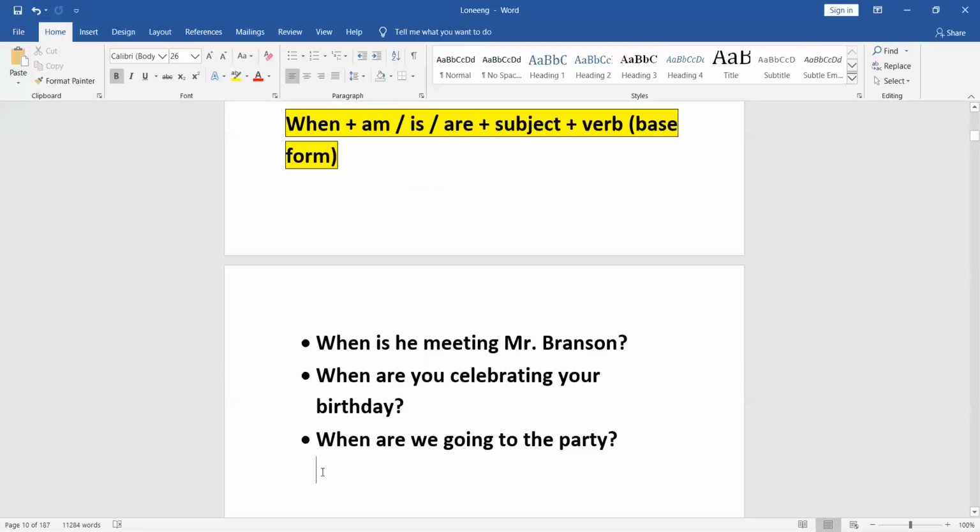When are you going to the party? The party usually starts after 7 p.m. Somewhere it runs along till 3 a.m. in the morning. So what time exactly are you going to go to the party? Are you going to walk in at 7 p.m., 9 p.m., 11 p.m.? Totally up to you. What time are we going to go to the party? So when you want to know the time specifically, then you could say when.